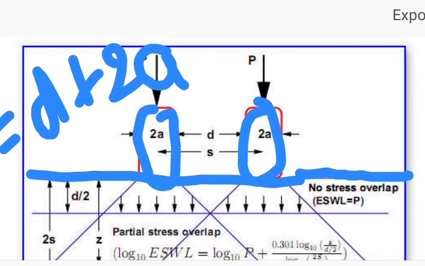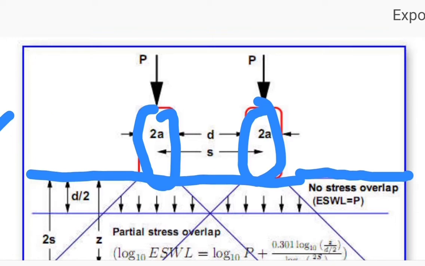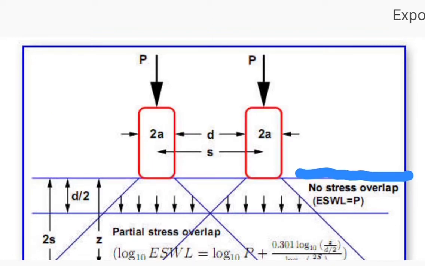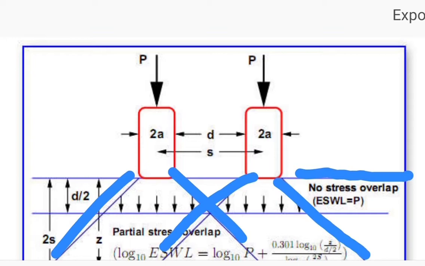Why 2a? Because we are considering center to center. It's not 4a, right? And here the load distribution we mentioned earlier is taking place at 45 degrees, right? And